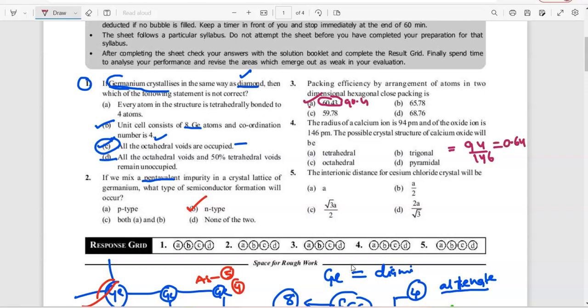What is 0.643 responsible for? Octahedral geometry. If the radius ratio is in between 0.414 to 0.732, it will be octahedral geometry. So the answer is octahedral. Next question. The interionic distance for cesium chloride crystal will be? So cesium chloride crystal is body centered